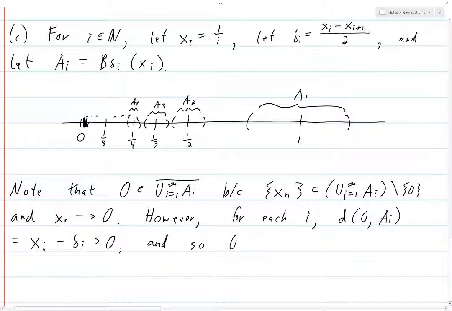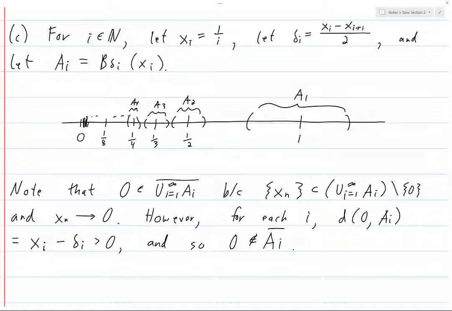And so 0 cannot be in the closure of Ai, because 0 is not in Ai, and the distance between 0 and Ai is strictly greater than 0. I don't know if the notion of distance between a point and a set has been rigorously proven at this point. I think it's a later exercise, but in any case, you can see that since xi minus delta i is strictly greater than 0, the distance between the point 0 and the point xi minus delta i is strictly positive. What that means is that you can